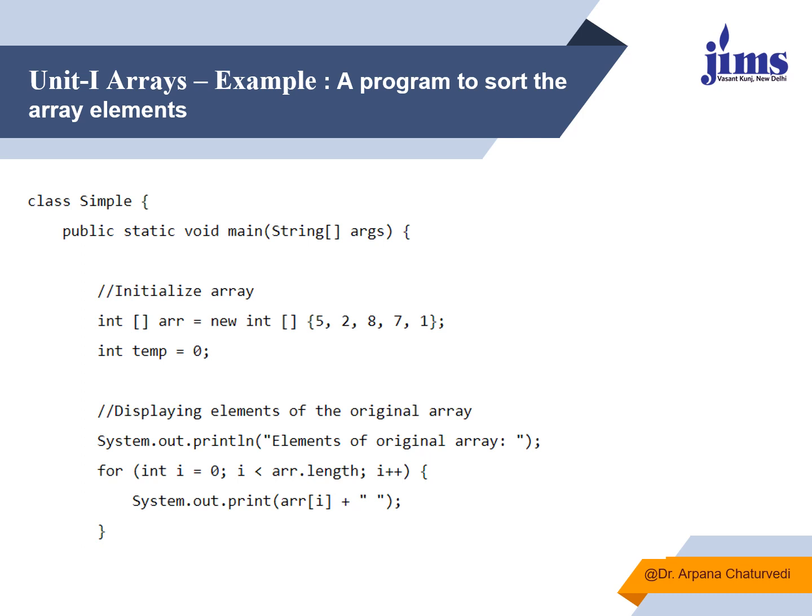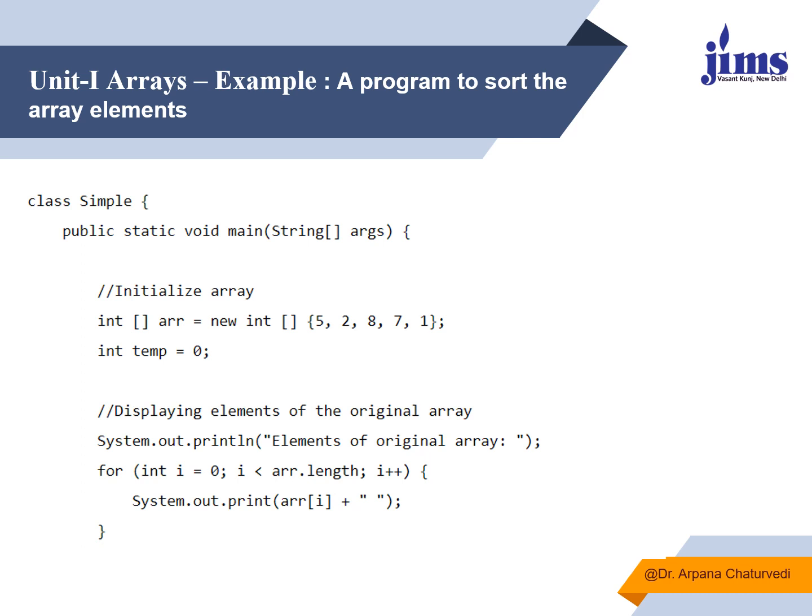Now see, to sort an array, I have to just arrange it in a proper order, like it should be 1, then 2, then 5, then 7, then 8. Any order, ascending or descending. How can we process this in an array in Java? First thing, I have declared an array, int, the subscript symbol, the name of the array is arr, new to allocate the memory. I am allocating integer values. At the time of declaration only I am initializing the values also. So this is another way to initialize the values at the time of declaration.